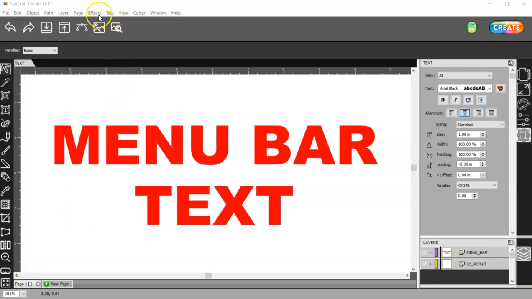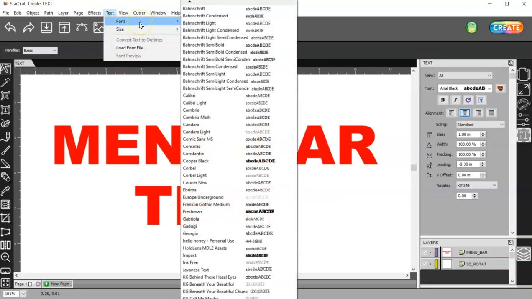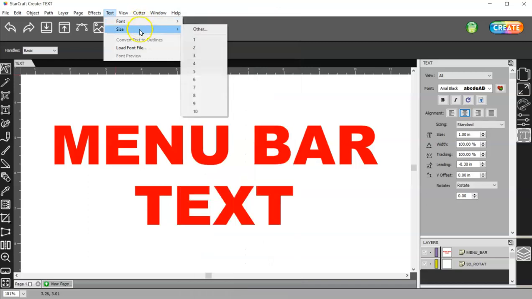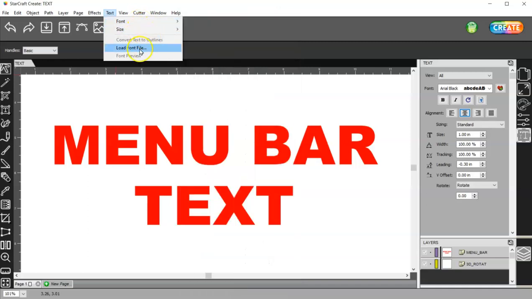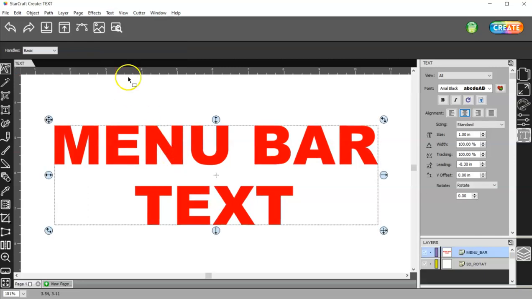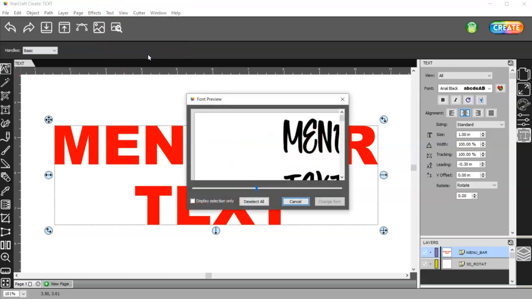The next menu on the menu bar is text, and I've pretty much already gone over all of this in previous videos. The font size, convert to outlines, how to load a font file, and a font preview. And I will say that I find myself really liking this font preview